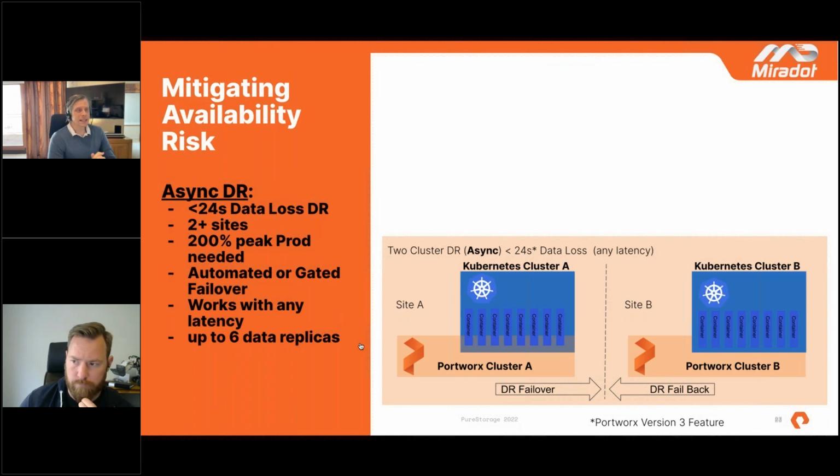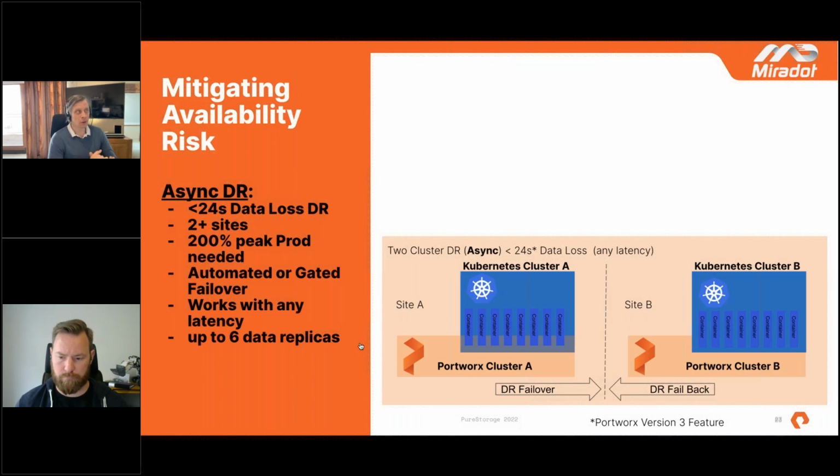You can use async DR, so an asynchronous replication over to another site. You can mix and match some of these, and if you want to talk about that, get in touch and we can talk you through it. But in this scenario, from version 3 of Portworx, which is coming out in the next month, we will be able to limit your data loss to under 24 seconds, assuming that the latency is under 150 milliseconds, which on infrastructure-based links should get you between any 2 points on a blue planet. But you've still got 24 seconds of data loss to contend with.